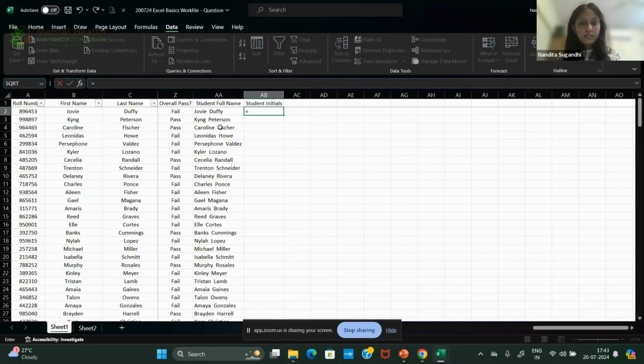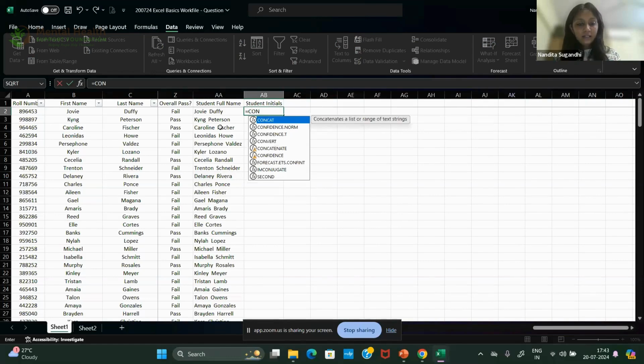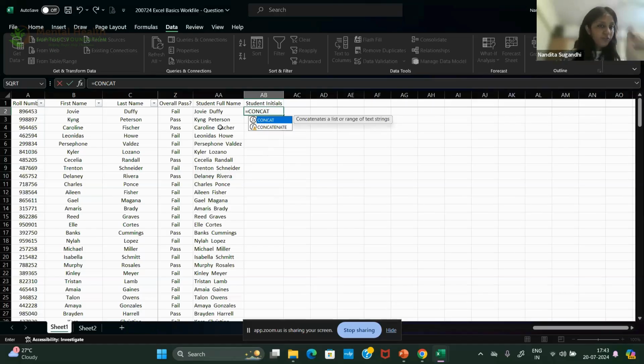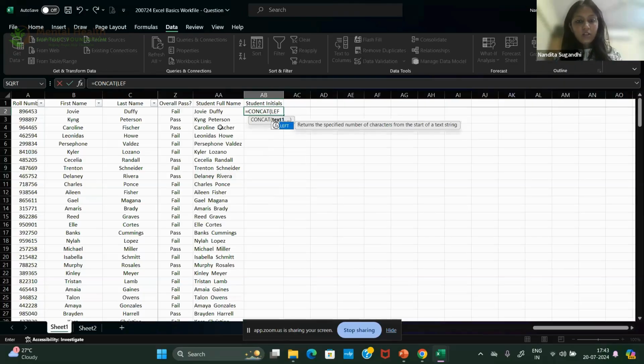What I can do is add the initials from the first name and the last name. So first thing that I have to do is I have to add. Then I have to extract the first character. So left, in name Jovi, just one character I need.